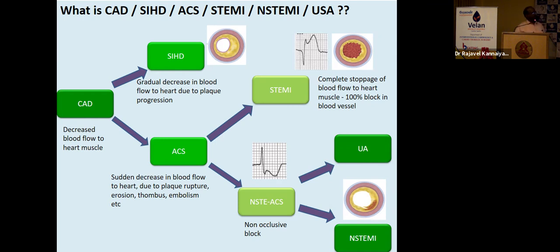If there is ST elevation MI, there is a complete occlusion of the coronary vessel. But in non-ST elevation MI, it is non-occlusive, nearly a partial occlusion. And unstable angina means the patient presents with severe coronary spasm and repeated chest pain lasting more than 10 minutes. If in a patient with unstable angina the enzymes are elevated, we can say it is a non-ST elevation MI. These are the short categories regarding that.